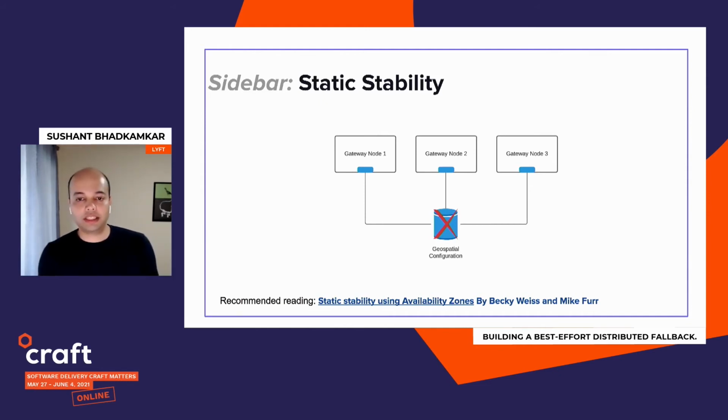Do note that in this case, if we were to provision another node of the gateway, then that would fail. So static stability also means that we need to over-provision the number of nodes for the gateway service so that we can handle certain traffic spikes in our system as well. We typically do that by reducing the number of resources allocated, but spinning up more Kubernetes pods for this. And Kubernetes does allow us to vertically scale the gateway nodes if required.